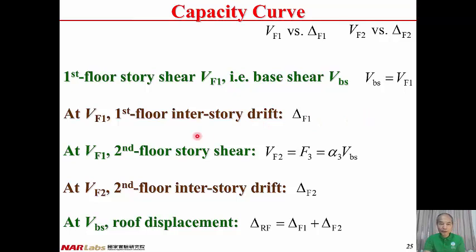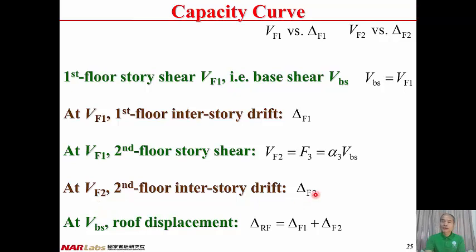And once we have VF1 from the vertical distribution of the seismic force, we can have the second story shear, VF2. VF2 equal to F3 equal to alpha 3 times VBS. That's alpha 3 times VF1. Once we have VF2 from the force relationship of the second story, then we can have the second story drift,